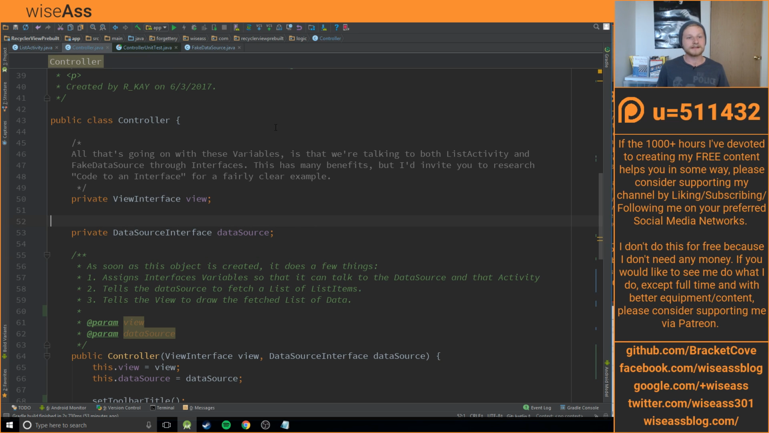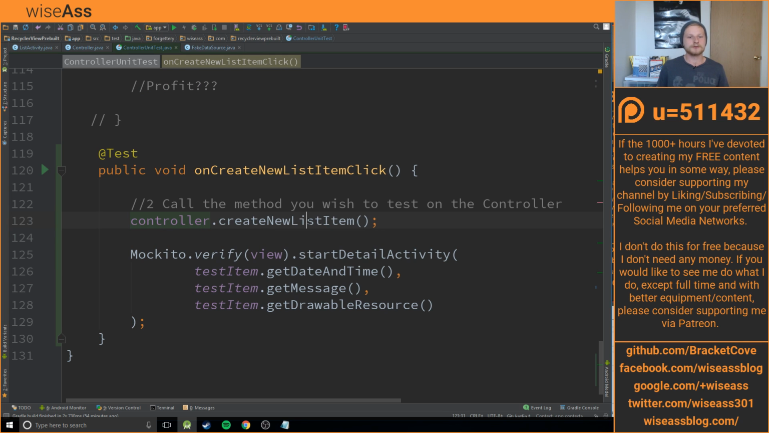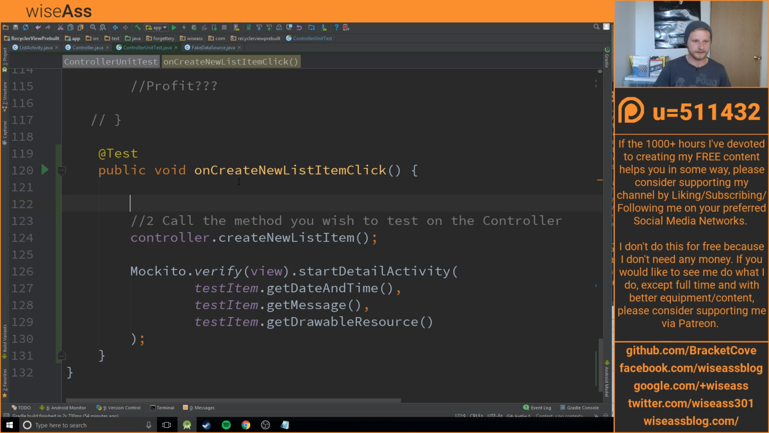Now, because it's a fake data source, which the controller isn't actually aware of, I want to simulate what would happen if I was talking to a real data source, so that I can swap them in as I desire. If I was writing this for real, it would make sense for create new list item to be talking to some kind of service that creates a list item. So logically, it's going to be talking to the fake data source. Using Mockito, I'll say